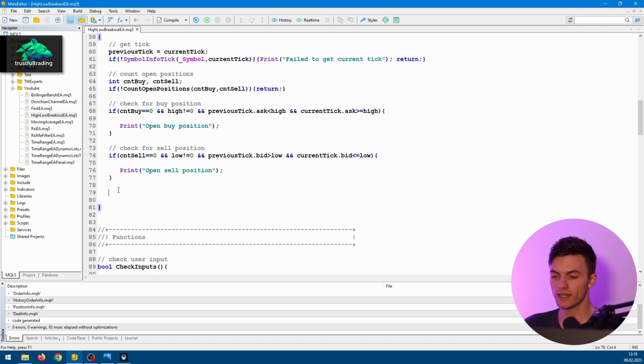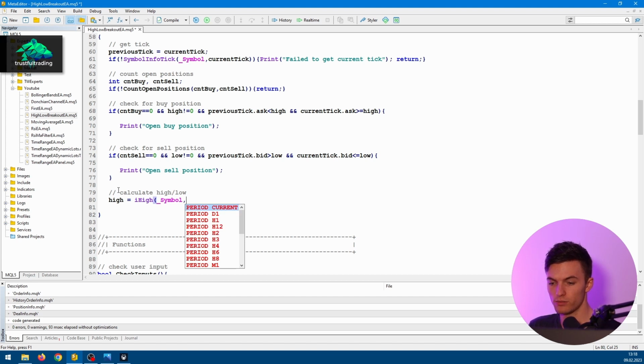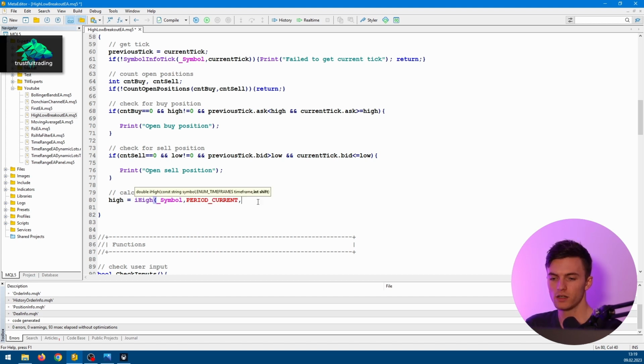Okay, so I will just add another comment here. Calculate high, low. And here we will set our high to the, and we will use the high function. So this will just give you the highest price of a specific candle. And we will specify our symbol, the current period. And now we need the shift or the index of the bar we want to look at. And for this, we will use another function called